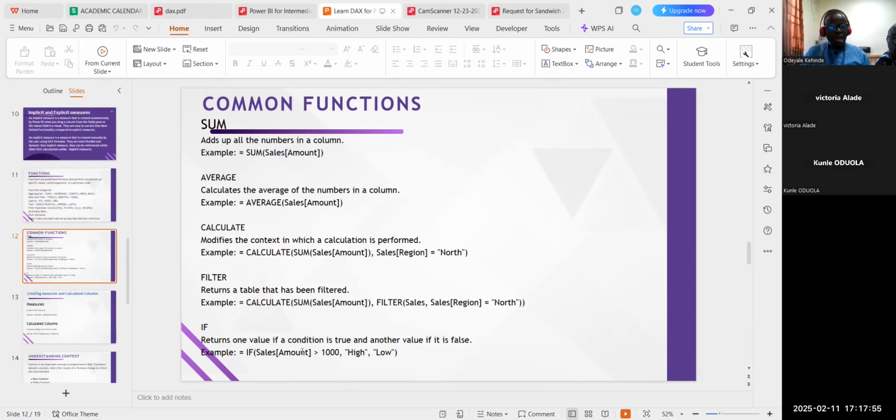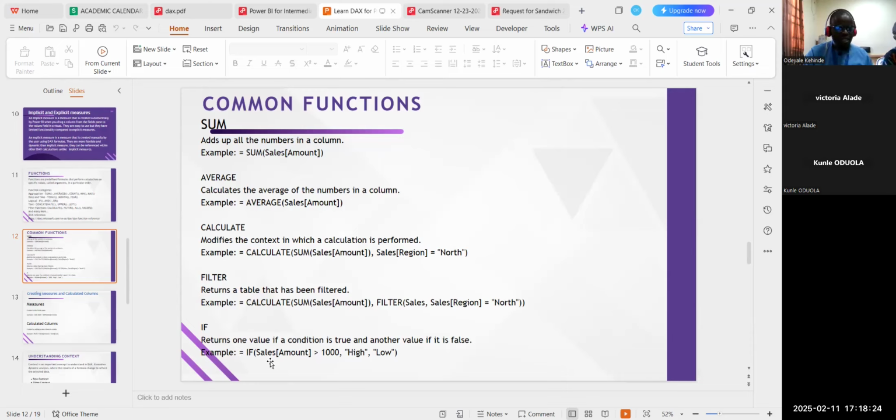Okay, so you can use this to create a calculated column. Where you now have this equal sign, if you want to create a calculated column, I will show you. We are going to create a measure and a column. So if you want to create a calculated column, we name it, maybe you call it status equals to,